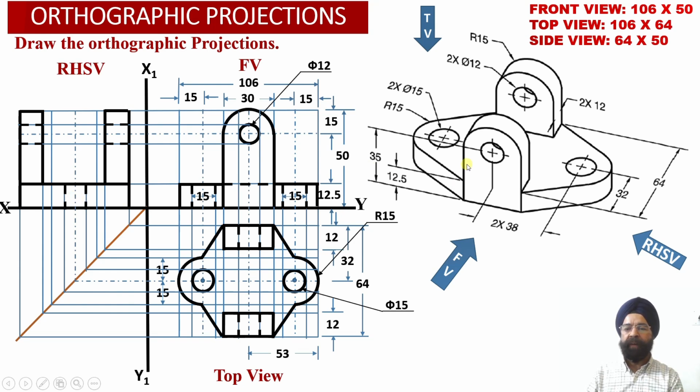Another thing we can observe: this portion of the horizontal surface which is lying behind this particular vertical wall of the web should have been drawn as a dotted line. Similarly, this portion of the vertical web which is going to cover this horizontal surface should have been drawn as a dotted line. But this portion, corresponding to the horizontal surface covered by this vertical web on the other side, and this portion of the horizontal surface covered by this vertical web, cannot be obtained as dotted lines